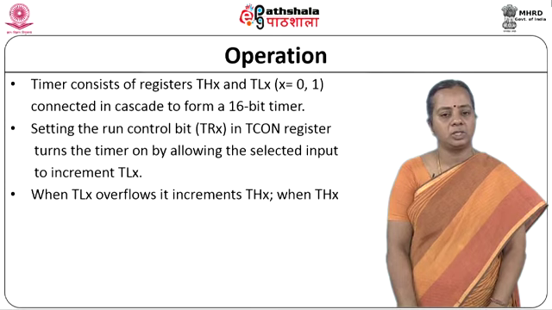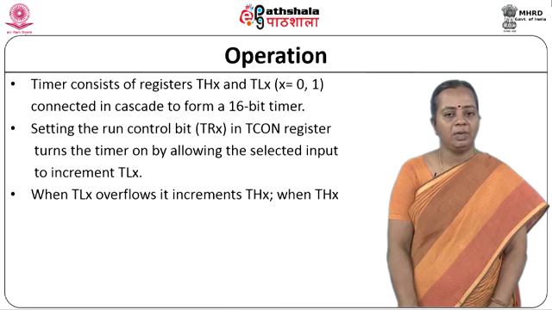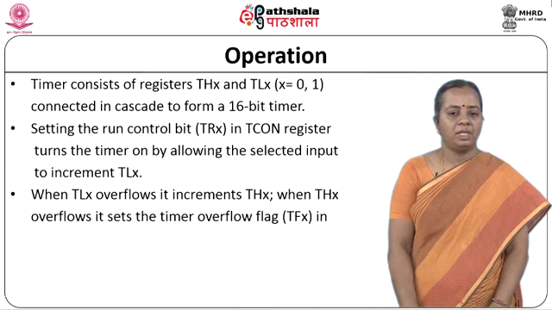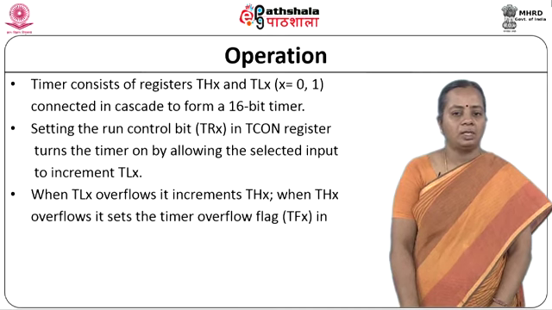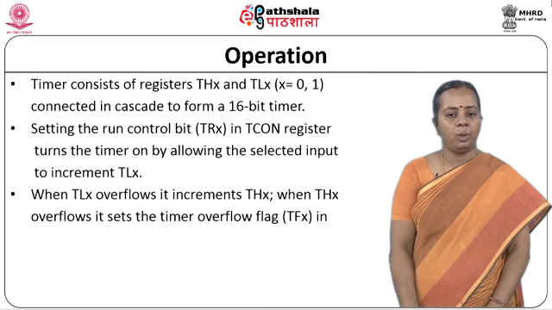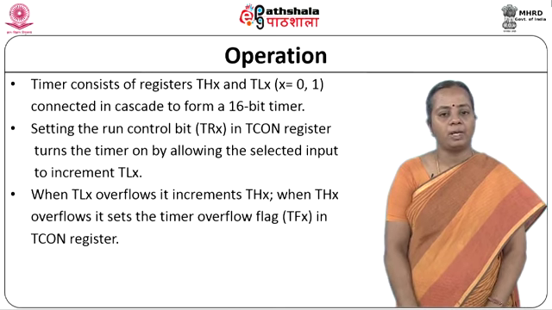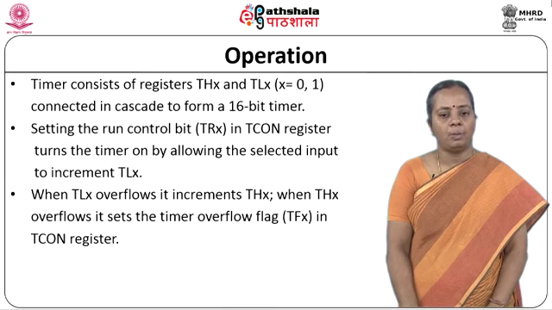When you are looking at the TL register and TH register together, first it will start counting, or incrementing, in TL. When it overflows, it increments TH, so TL is operating as the lower byte and TH is operating as the upper byte. If TH also overflows, that means all 16 bits are 1s, then it gets an overflow. That overflow in turn invokes a particular interrupt. So, that will help us to identify certain operations.